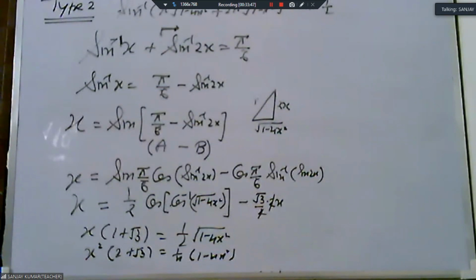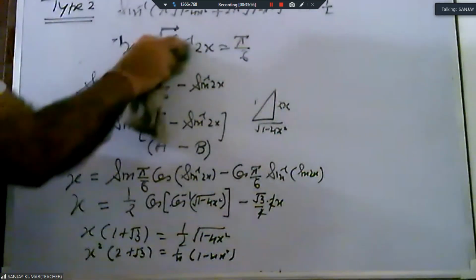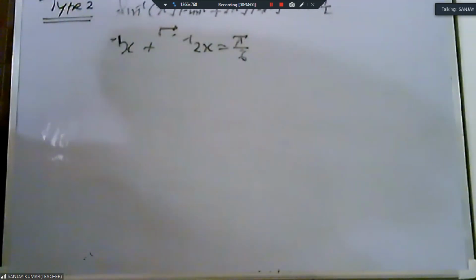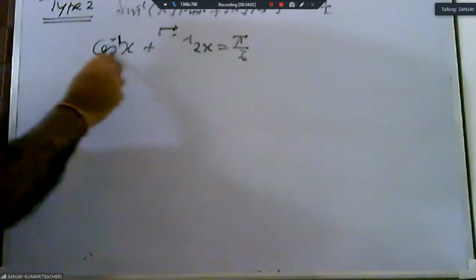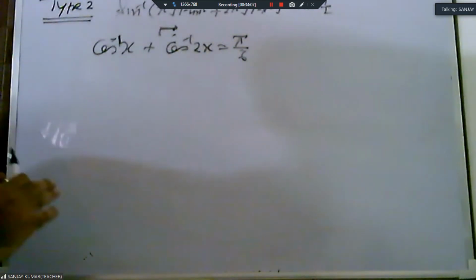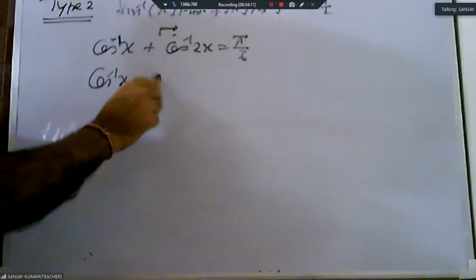Okay, I am showing you one more question. Then I give you this question. Again you see the same thing we do with cos inverse. Okay, if this question is in cos inverse, then we again do the same thing. The sin inverse and cos inverse, if you did not copy, there is no problem. I am solving the same question again. Okay, this is the same concept with the cos inverse. Look, the same thing. We are taking one number to the second side.